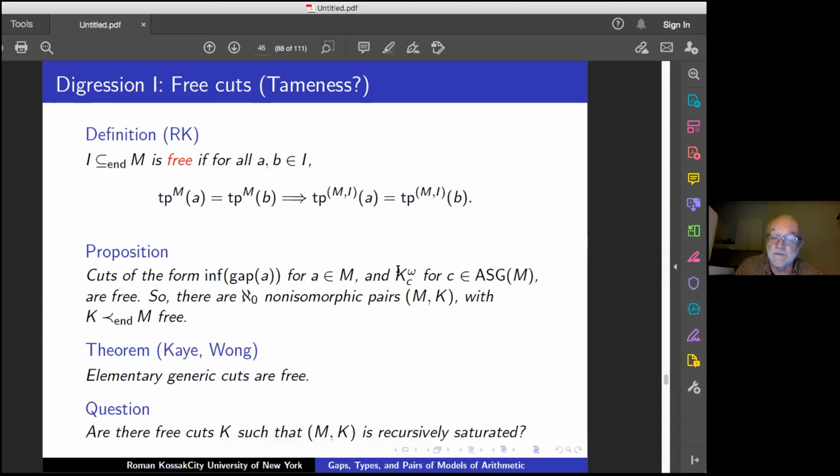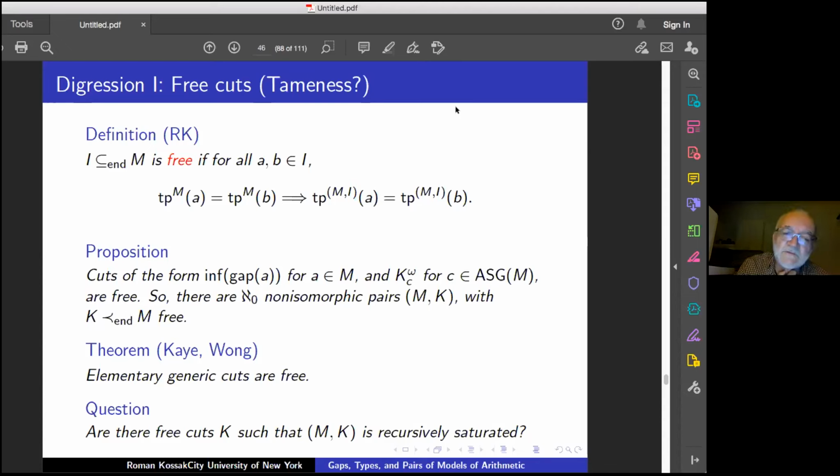All these are isomorphic as pairs. Then we have countably many potentially non-isomorphic pairs like this. And then we have one more, generic. But my original question, and because I sort of thought this was a nice,